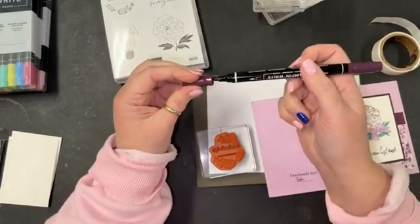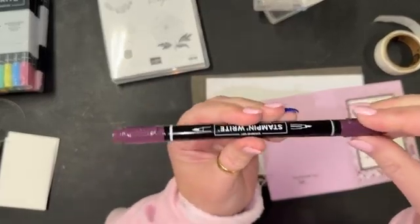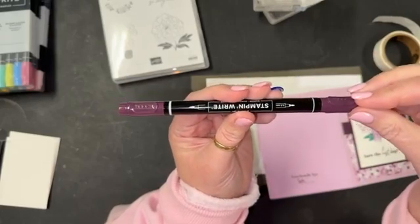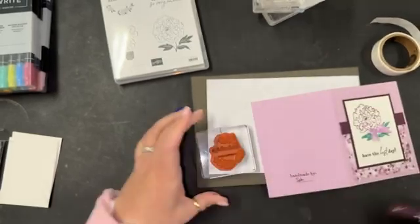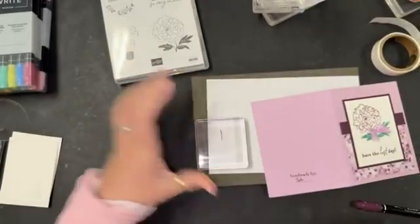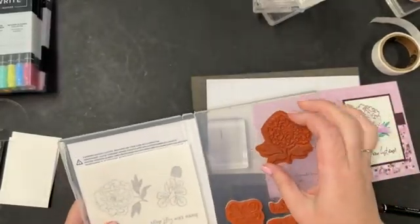Now, that being said, for all of our markers, both for the Stampin' Write markers and for our blends, they have a thin line, and the thin line is the side you write with, and the thick line is the side that you ink up your stamps with. So I'm going to put that to the side for a minute, and we'll have another go here. I'm going to grab this one next